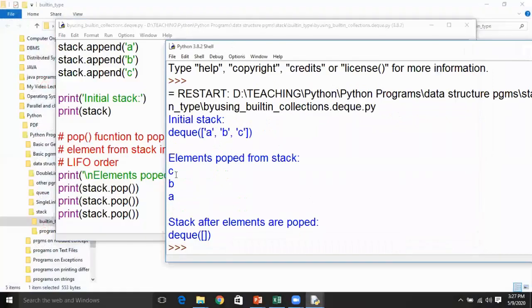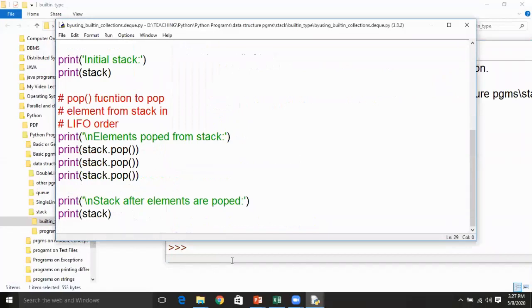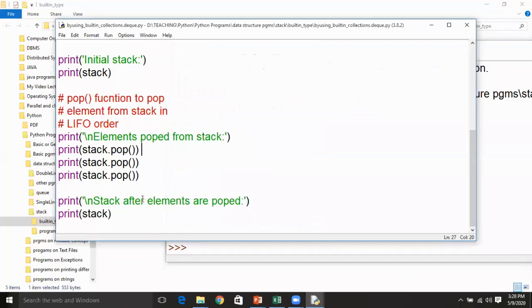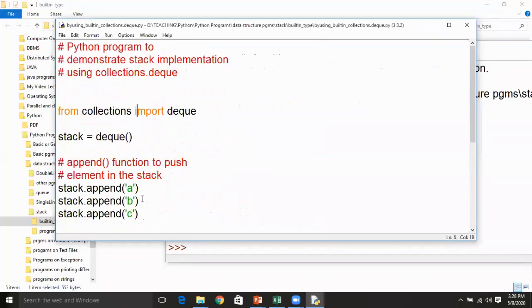That's why C is popped out, then B, then A. Finally, if you try to print the stack after popping, there won't be any element in the stack. Internally it's a deque. Generally, a deque is a double-ended queue where insertion and deletion can take place at both ends. So it is a queue kind of data structure.